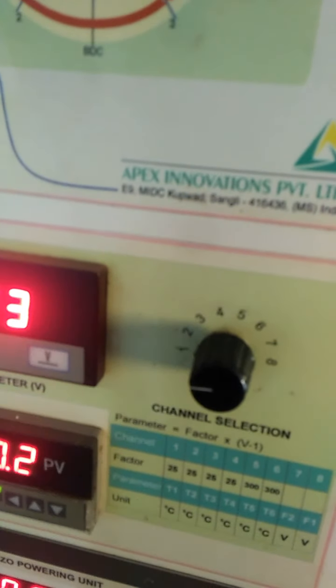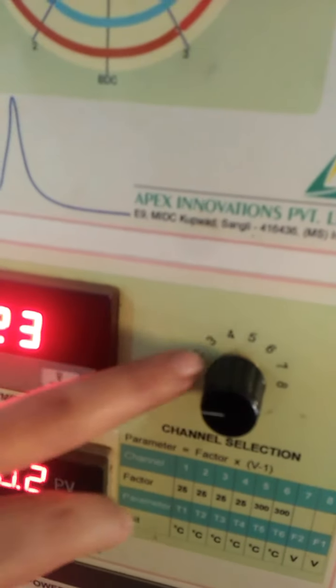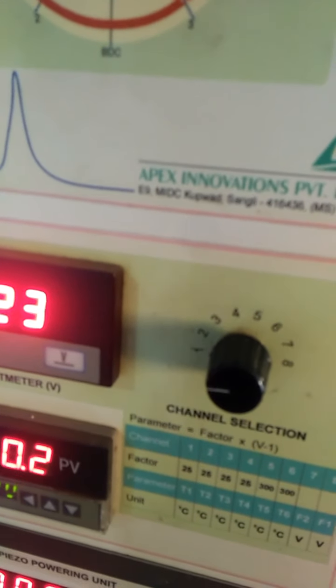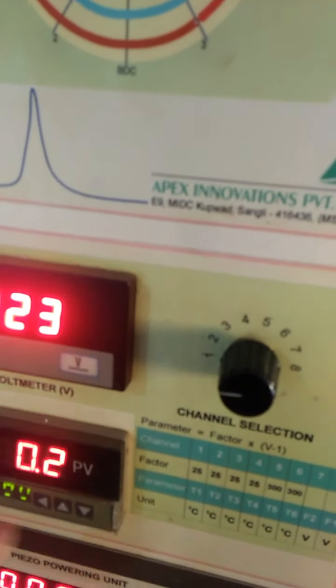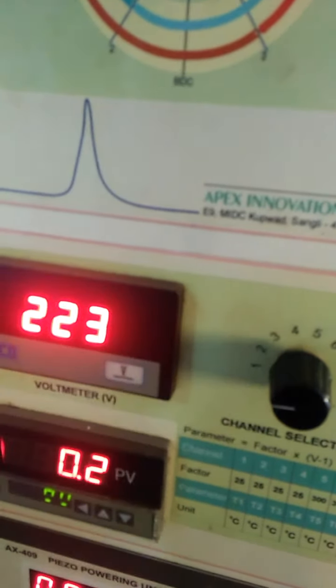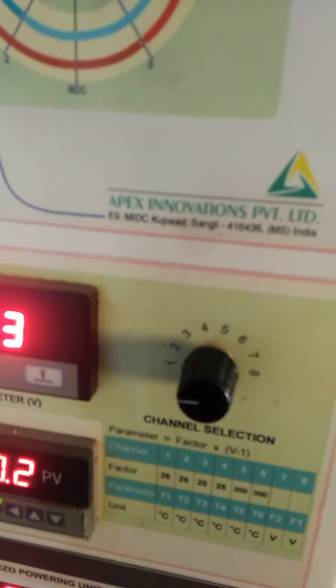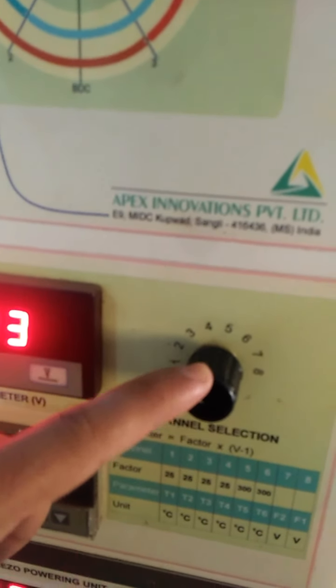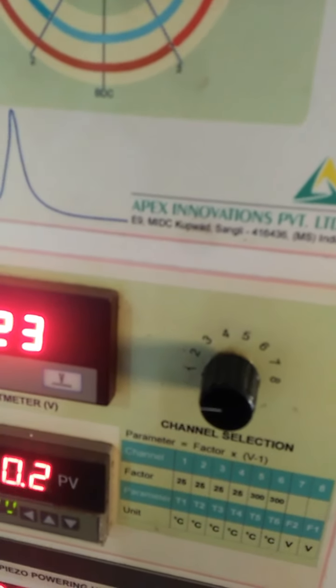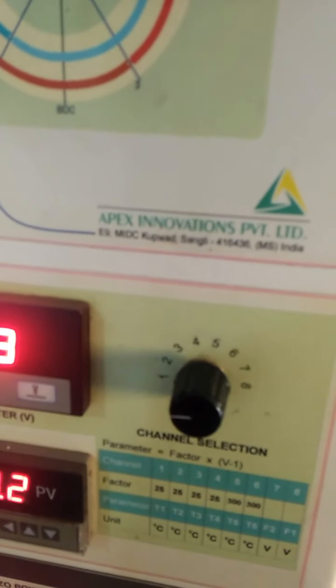T3 is the temperature of water inside the engine. T4 is the temperature of water coming out from the engine. T5 is the temperature of water coming into the calorimeter, and T6 is the temperature of water coming out from the calorimeter.